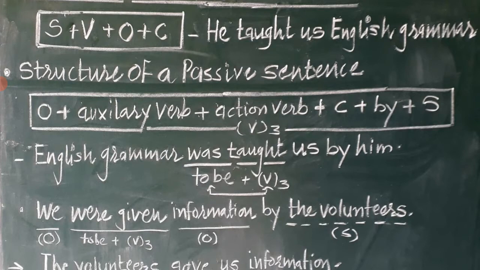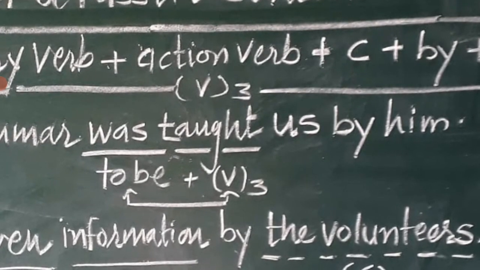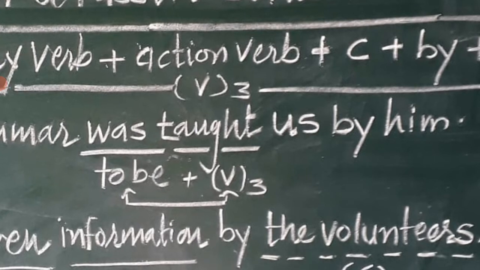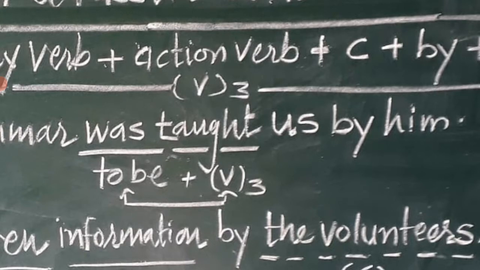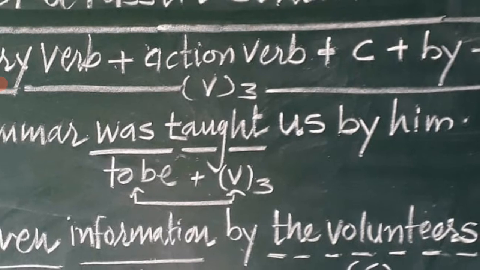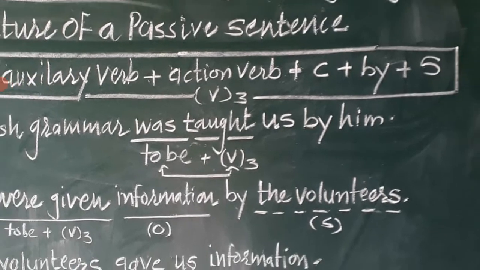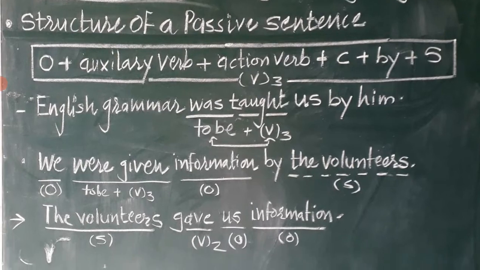Here the issue is how to identify whether any sentence is in active or passive structure. The very simple thing is to just identify the tense form and later on see the auxiliary as well as the action verb. Once you find that an auxiliary is there and the action verb is in past participle form, this is the very significant identity of any passive sentence.